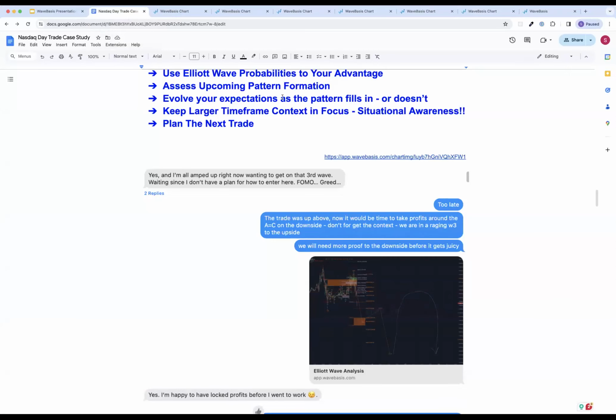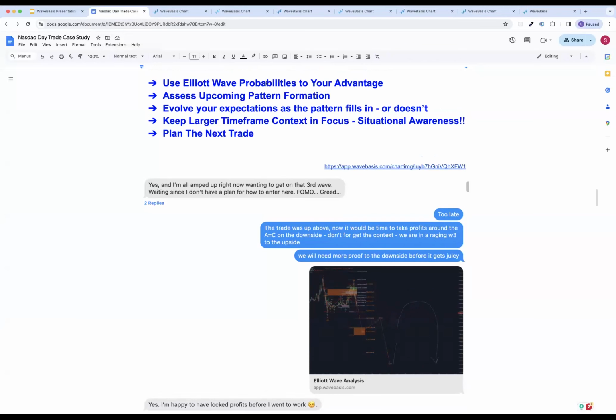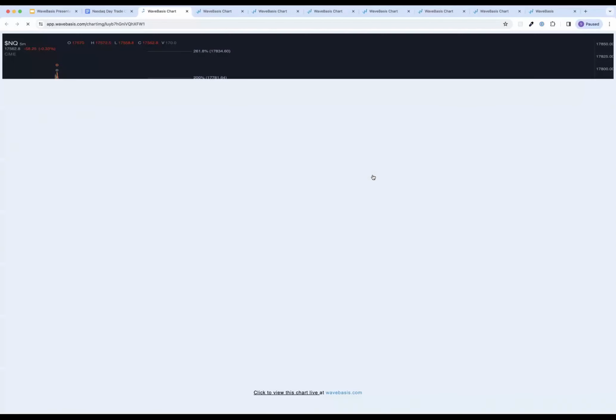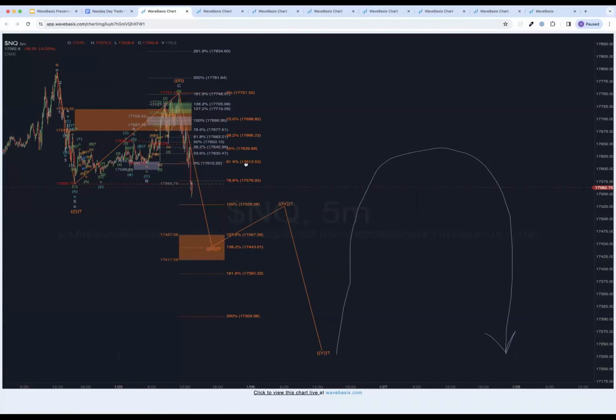So what I'm saying here is, use Elliott Wave probabilities to your advantage. As I told him, once we're in a good trade, don't mess it up by adding to it. Now we should be thinking about getting out, because we don't know yet whether we've nailed the top and we're starting a new intermediate-term trend or correction from that big rally.